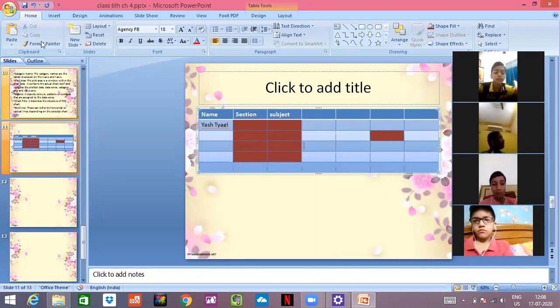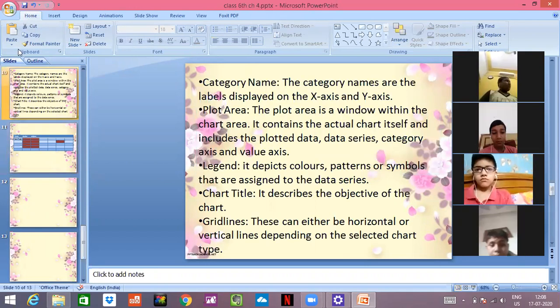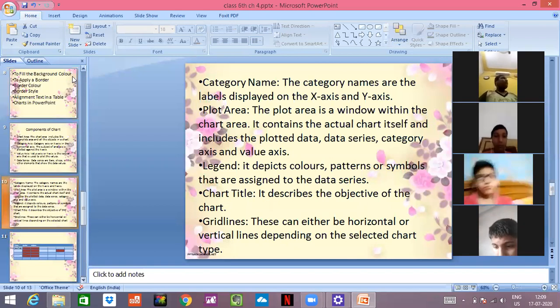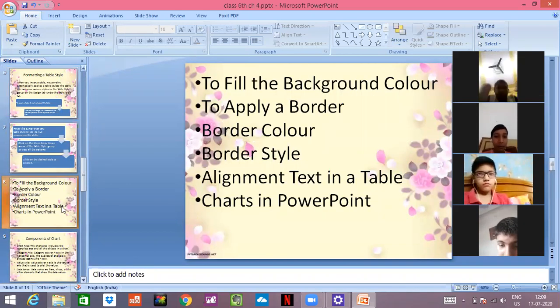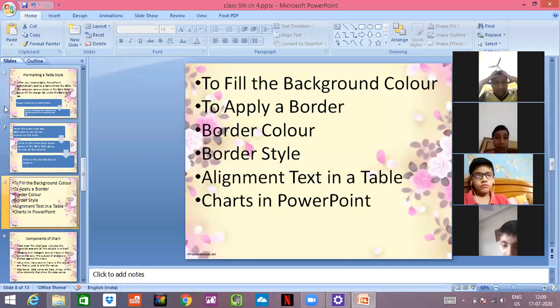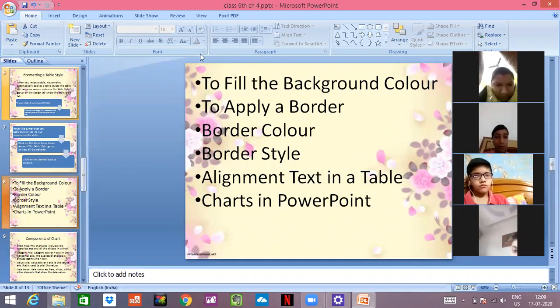Okay, so let's go for text alignment. See, all the text which I have written in this is in left alignment. You all have studied left alignment. You have to go on the home tab, and after that, there is an option you can select. See, I have selected it.